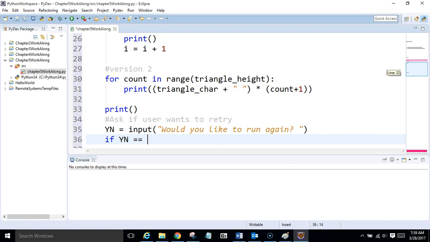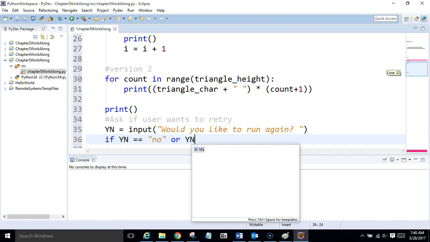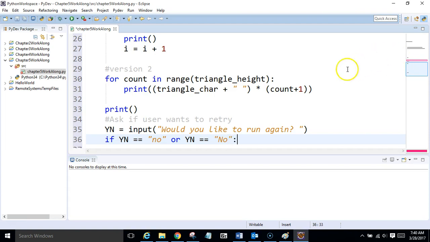So we're going to say if yn equals equals double quote lowercase no double quote. That's one test. And then we're going to have another test. We're going to do an or. So we're going to ask them if it's lowercase no or if it's uppercase no. So now I'm going to say yn equals equals double quote capital N lowercase o. So I'm testing two things. I'm saying if it's lowercase no or if it's capitalized no, then we're deciding that they do not want to